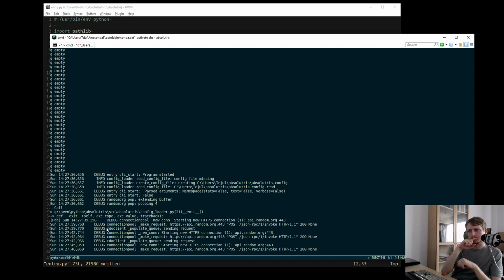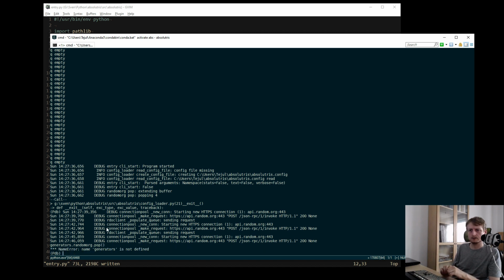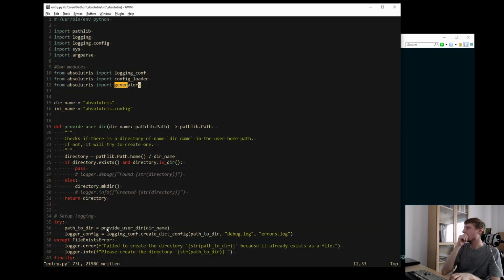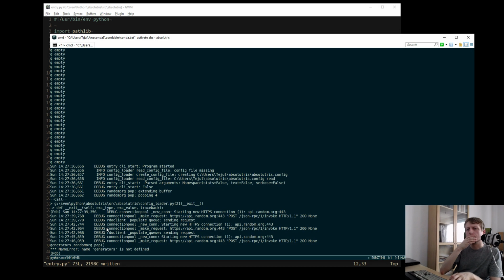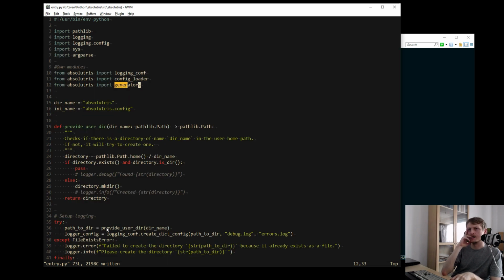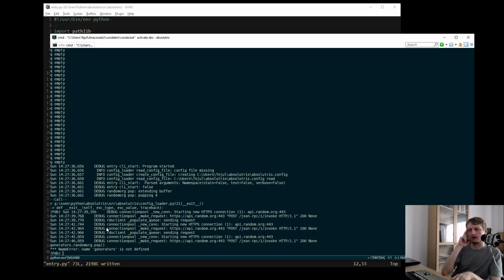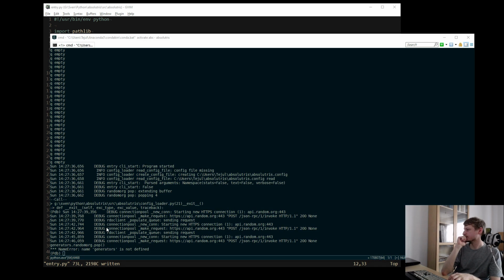But other than that, we can now say generators random org pop. Ha! Why not? Name is not defined. I thought I defined it. I'm confused, guys.